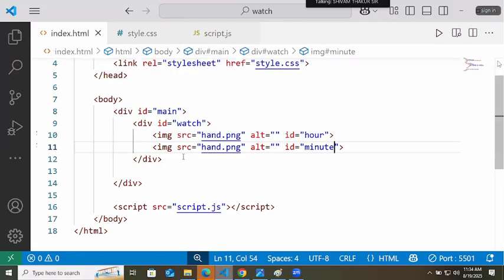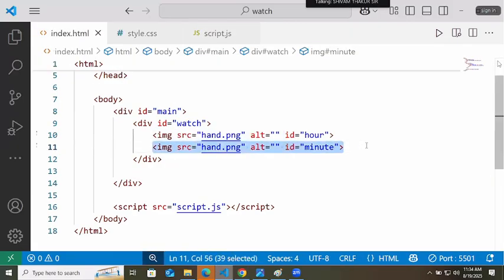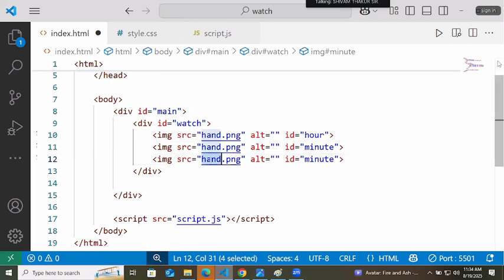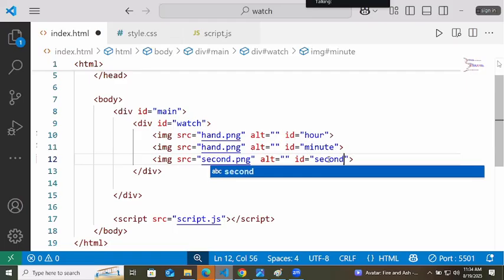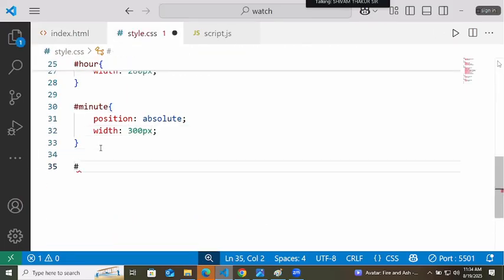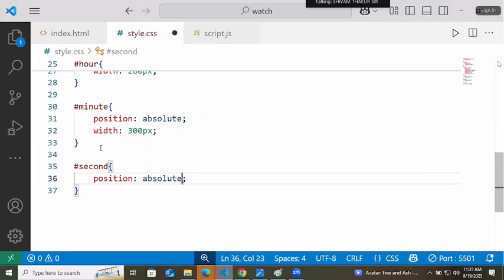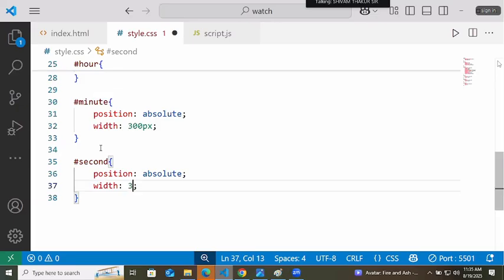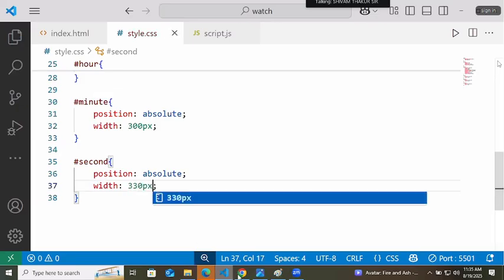And second also we will add. JavaScript is very easy. You just have to adjust the styling. Position as absolute, and its width you have to increase more than that.